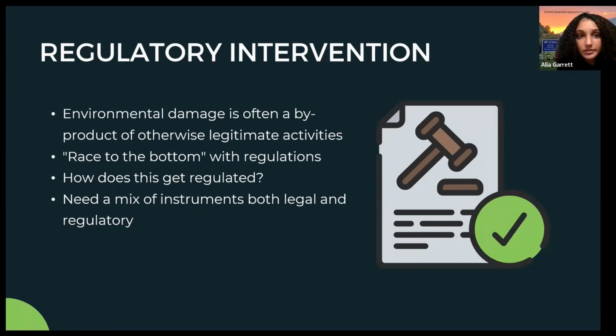Regulatory intervention. Environmental damage is often caused as a byproduct of otherwise legitimate activities. So the regulations aren't as great as they should be. Some of the pollution is legitimate. They're allowed to be emitting as much as they do. And there is a race to the bottom with regulation. So as low as we can possibly make them, but we do need a mix of both legal and regulatory